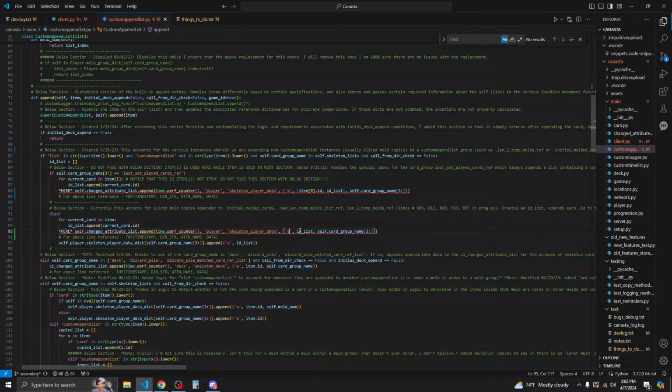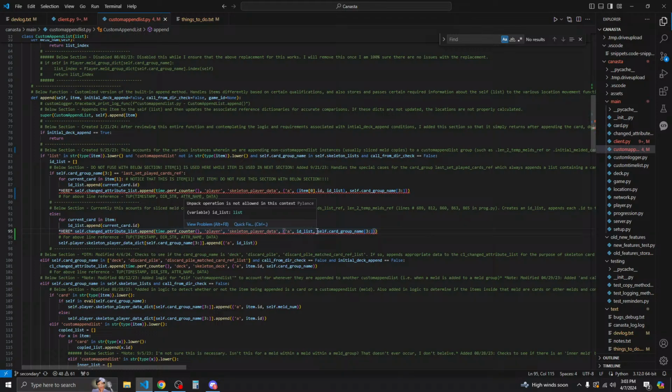So we have the timestamp, the dir string, the adder name, and then the data, which consists of a tuple of an ID list, and then self card group name. So yeah, tup 0 is going to be this, an operation string. Then tup 1 is going to be the item or whatever.